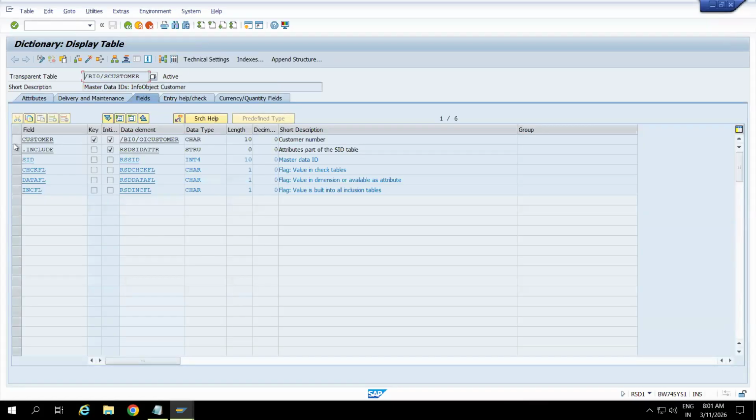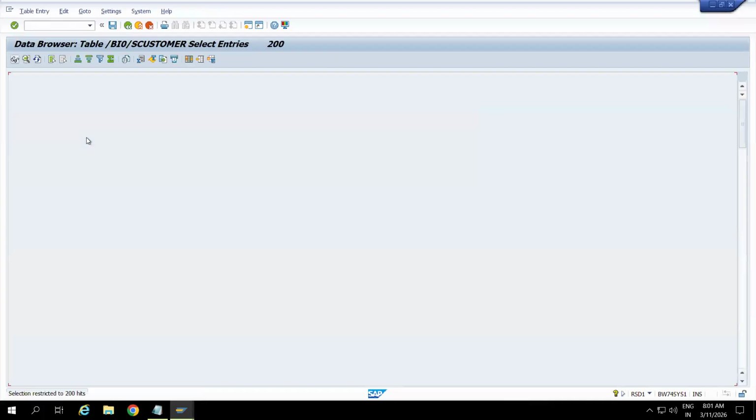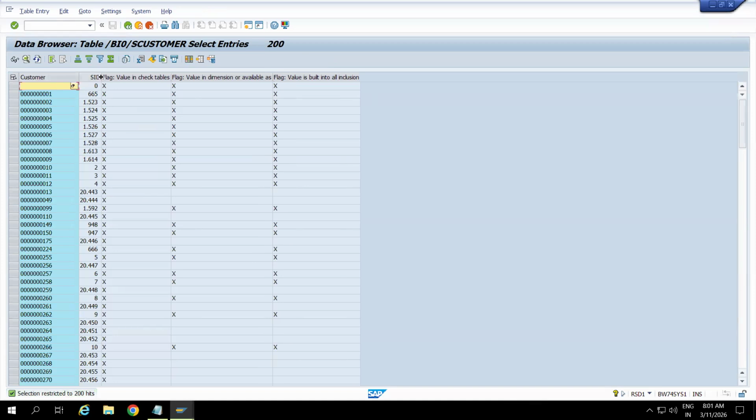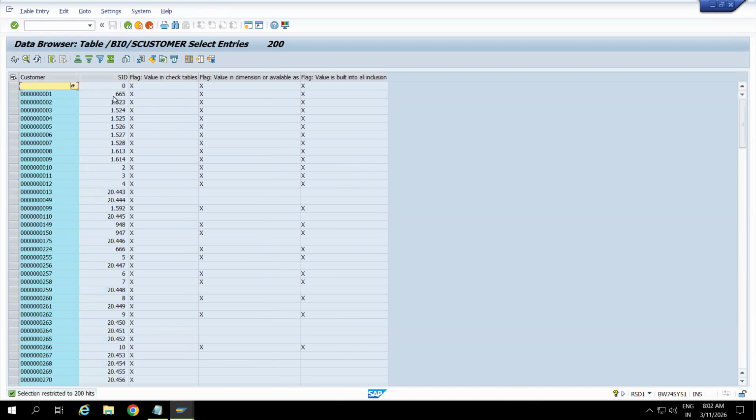So what is the key here? Customer. And also we have SIDs. Go here and give the master ID. See here, we have a customer and then it will call this SID. Okay, 665 means